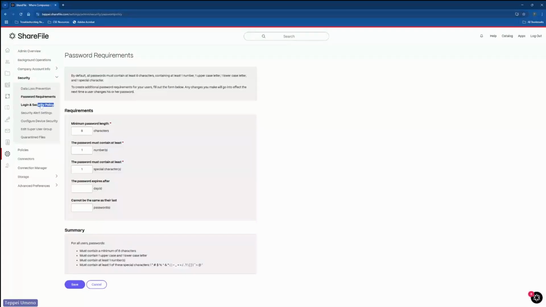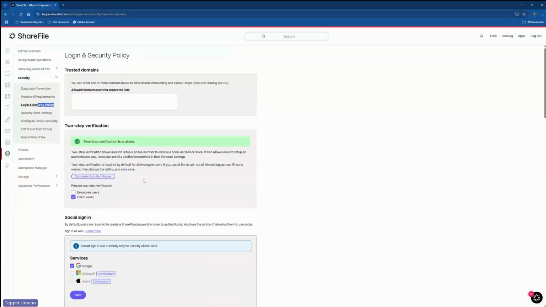Next one, login and security policy. The one I will mention first is the two-step verification. This is where you can force two-step verification for your employee users or your client users. If you're using single sign-on, you'll want to set two-factor authentication through your single sign-on. If you have single sign-on enabled and the checkbox enabled here, then this single sign-on two-factor authentication is obviously going to take priority. And this is only going to apply for ShareFile admin users who might need to log into ShareFile with just